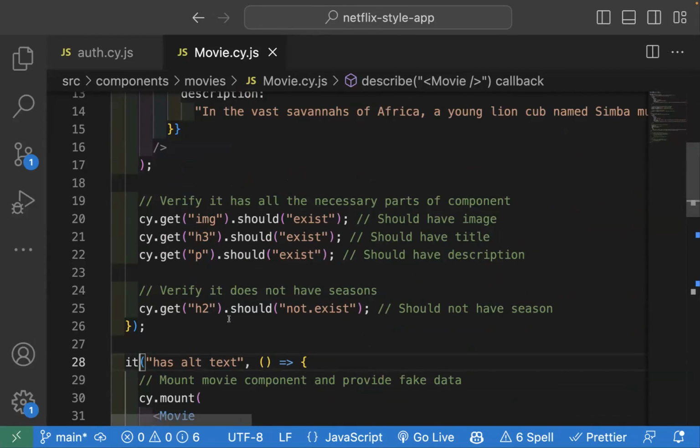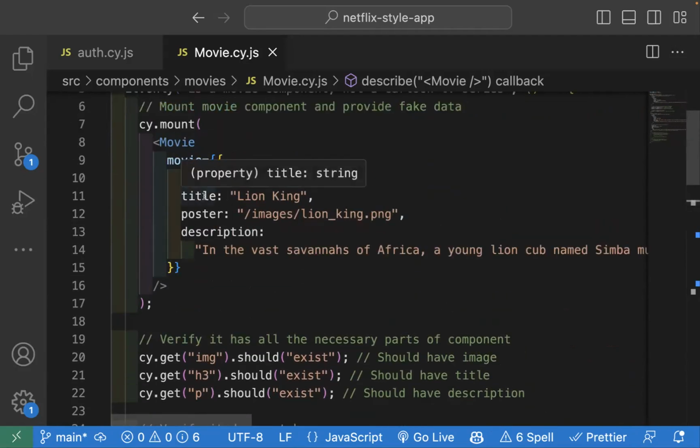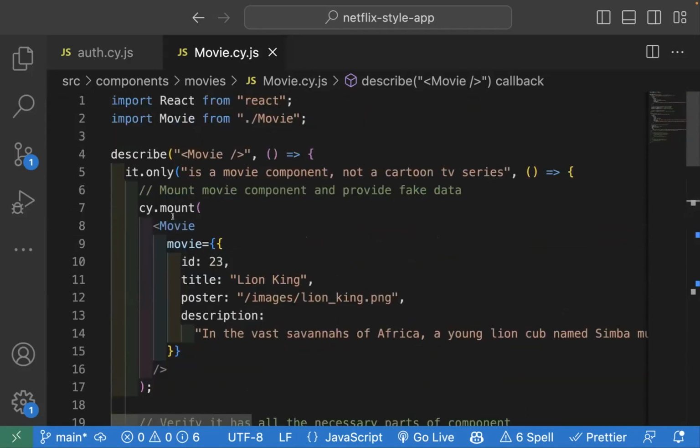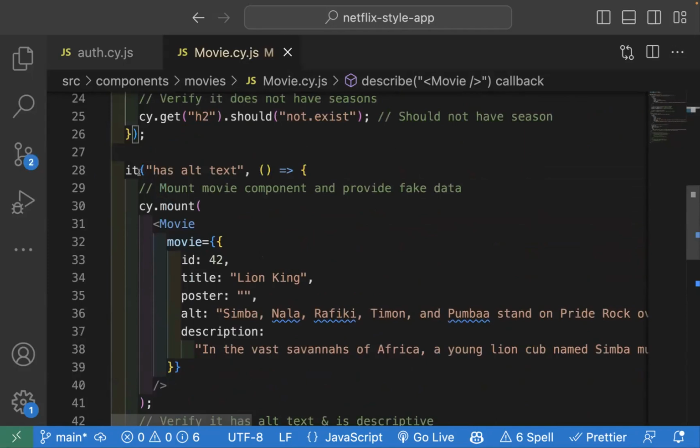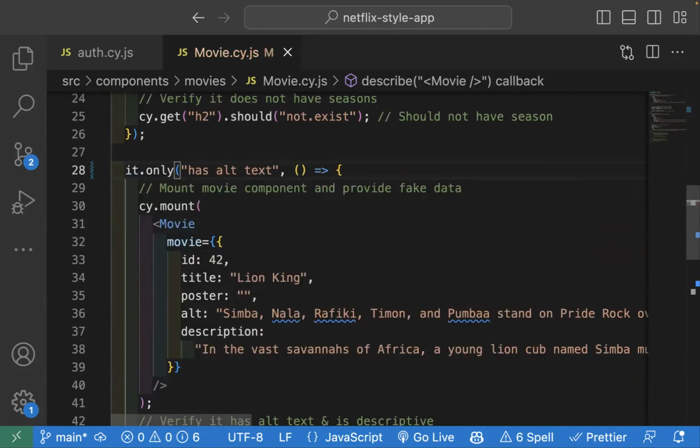That being said, this is also a great time to point out that there are other use cases for testing the component. Here we've provided the title, the poster, and the description. But if we remove this, let's remove that it only, and we'll put it down here instead, we actually have the option to test whether we have alt text. And alt text is really important because